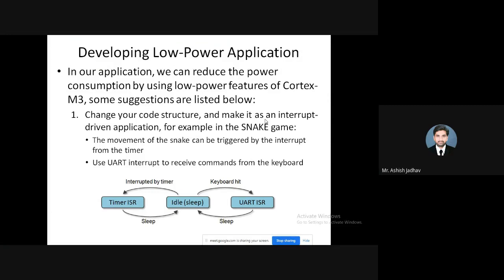Some suggestions are given here. Actually, there are two suggestions. You can use any one of them. Number one, you can change your code structure and make it an interrupt driven application. This is the first way of reducing the power consumption.